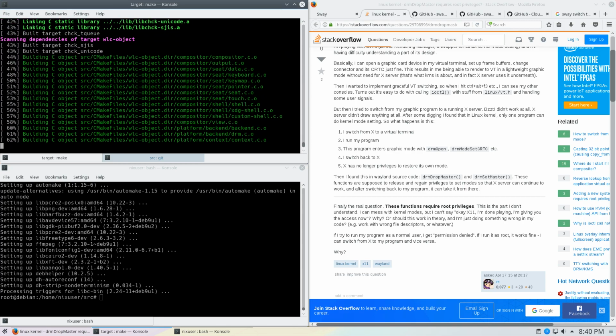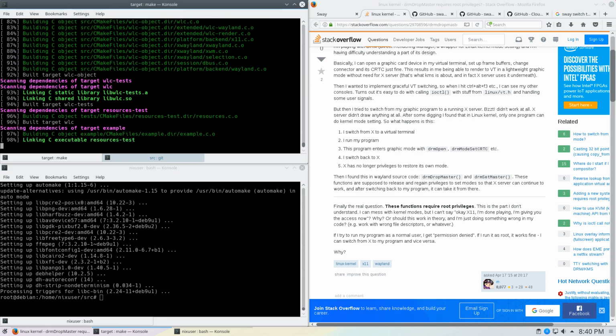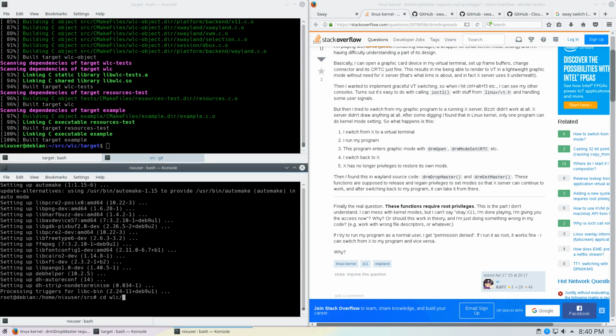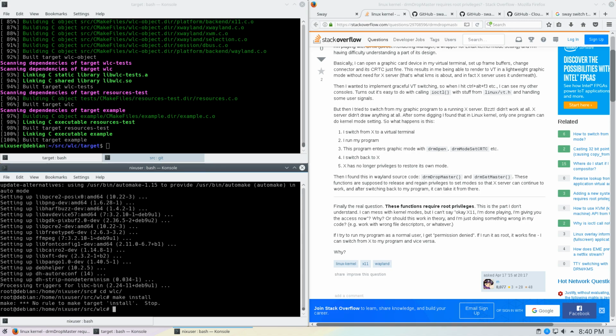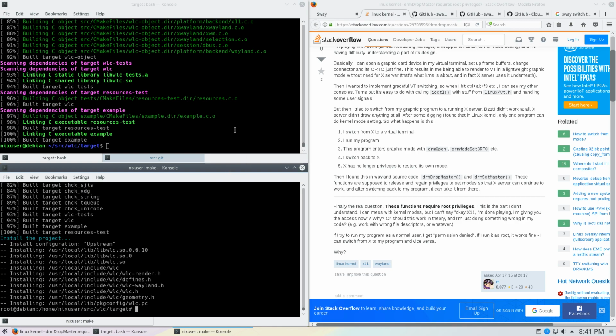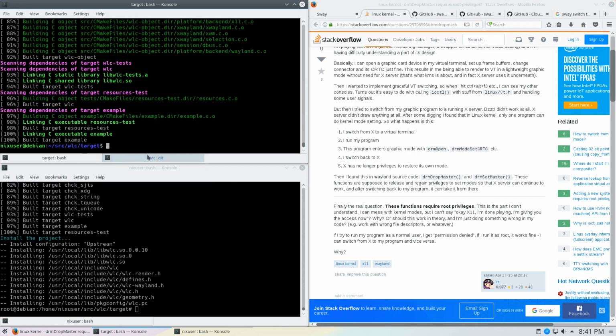So it won't take very long since I'm using J3 in this virtual machine. So that's done. And what I'm going to do is just go into WLC and then say make install. Oh, sorry, I need to go into target first. It's important. And then do make install. Okay, so that's great. So now we're going to go back to looking at